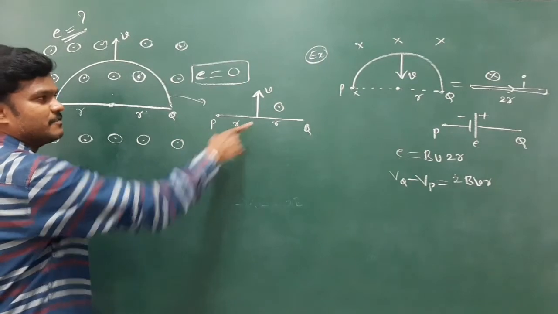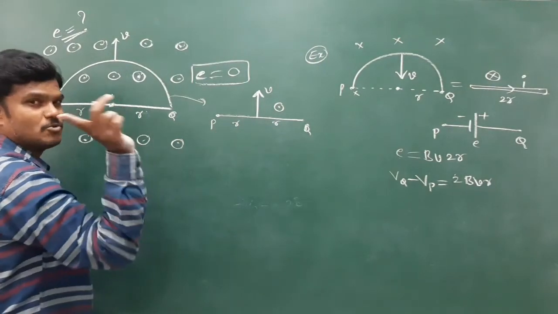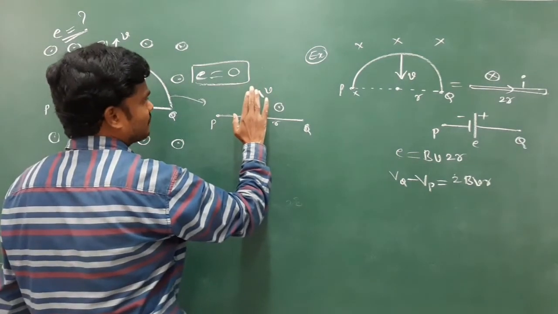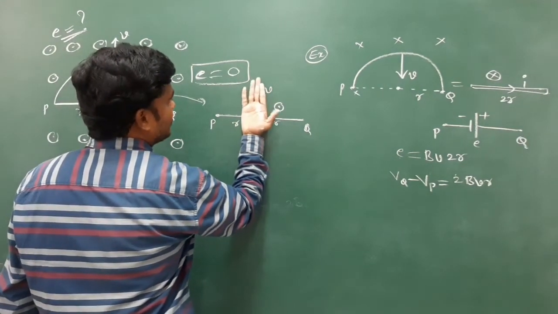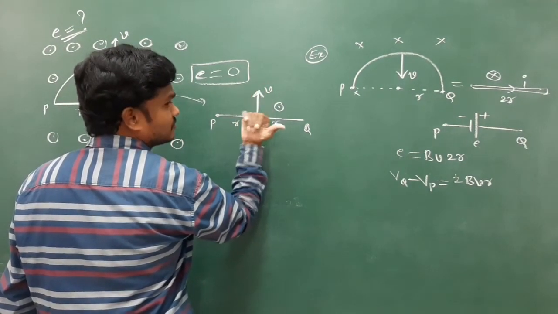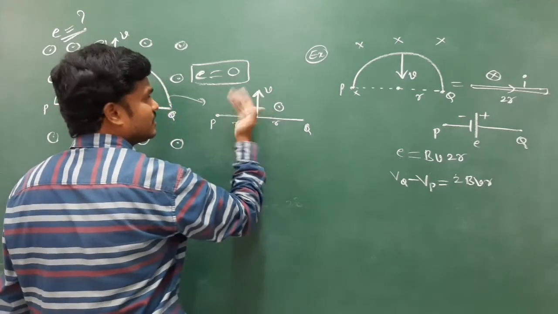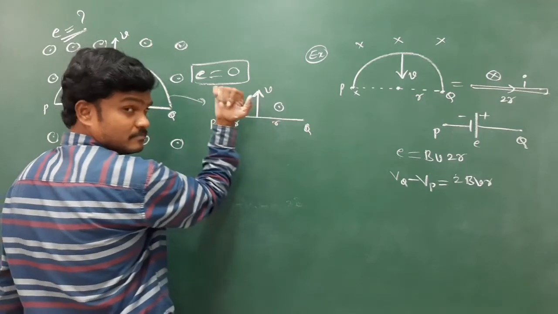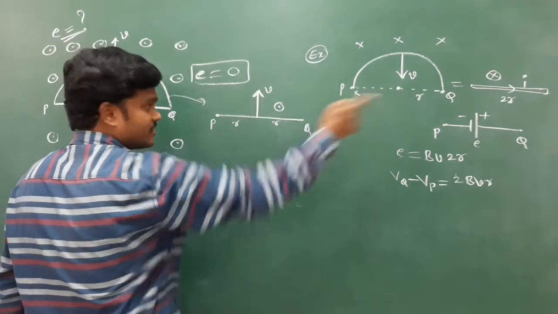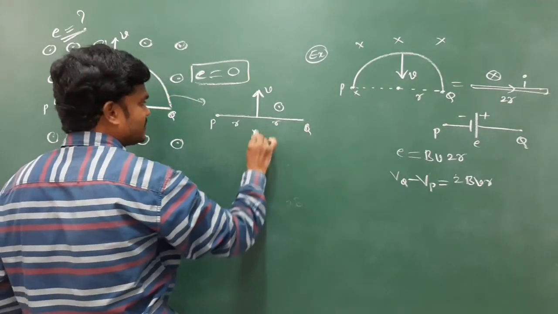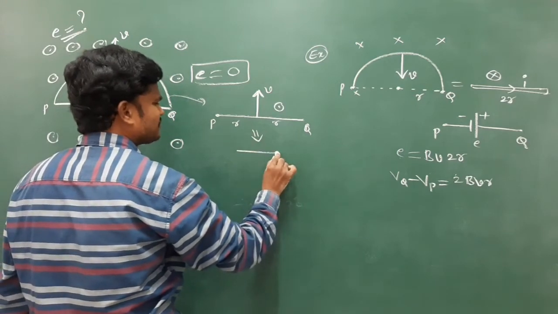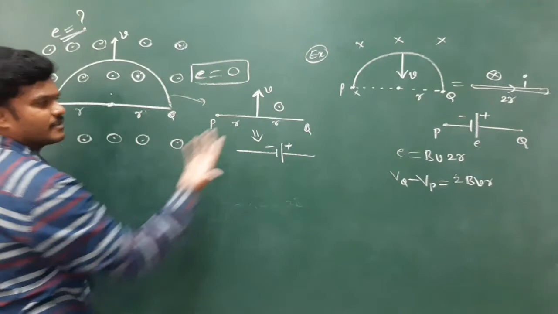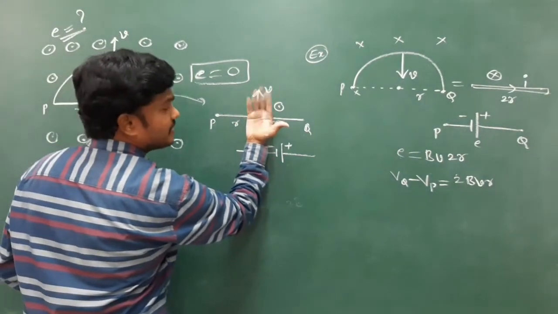Then replace this one with a battery. The field is outward. I am following V cross B. B is towards you. If it is inward, V cross B. Now B, V. See the direction of the thumb. The thumb shows the right side, which means this wire is replaced by a battery like this.